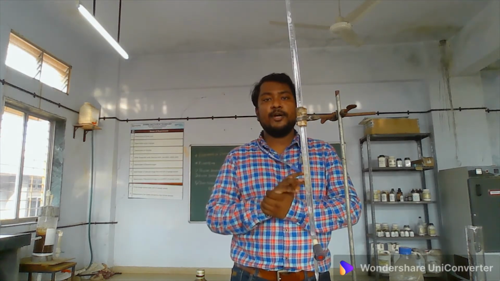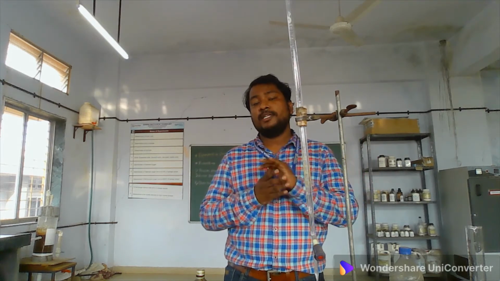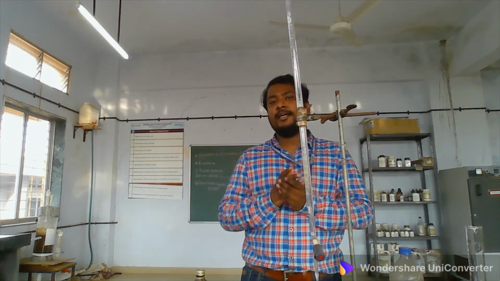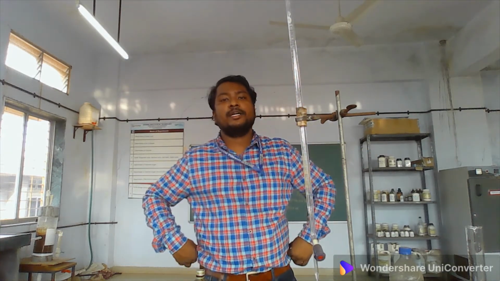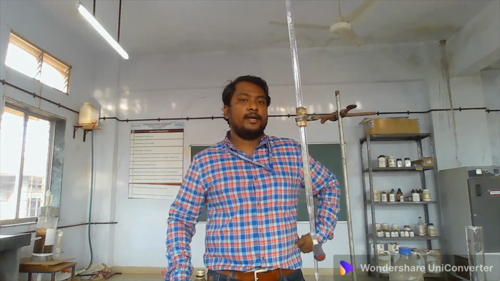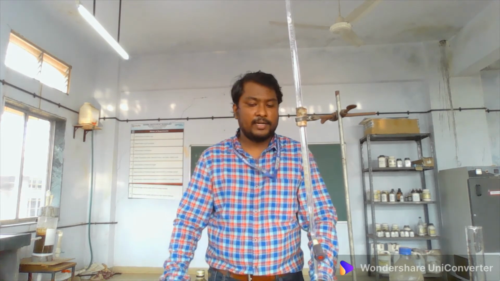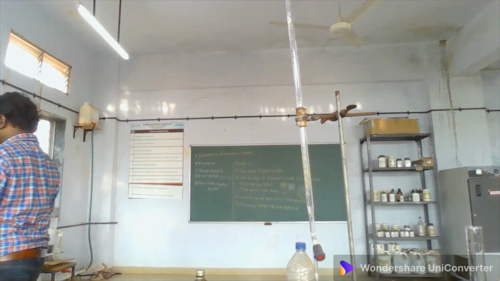Okay, so what is the value of end point? 1.6 ml, and that end point we will use in our observation table. From that observation table we will solve one formula for determination of chloride content, and in that formula we will put this value of titrant consumed, the end point we have obtained. After doing the calculation we will get the final reading of the chloride content, and that we will see in the calculation part. And then I have another sample, the biofilter sample. On this sample also I will perform an experiment.